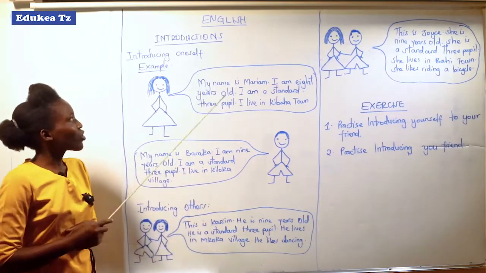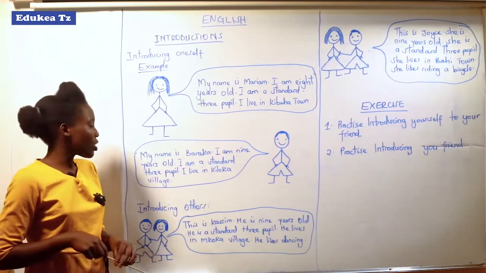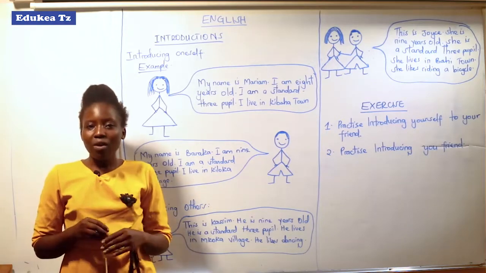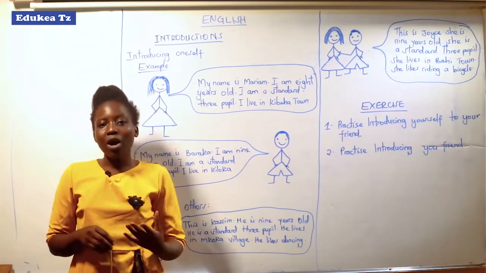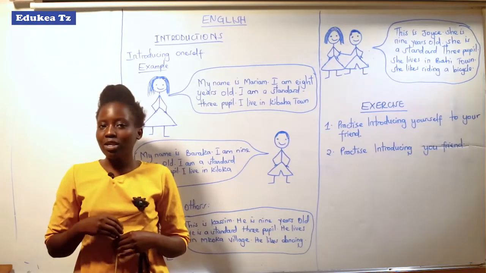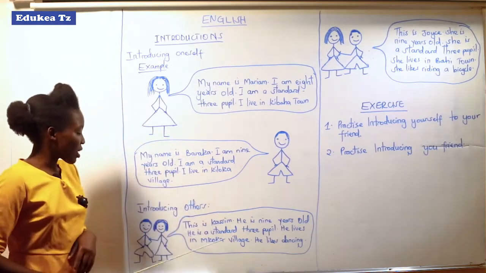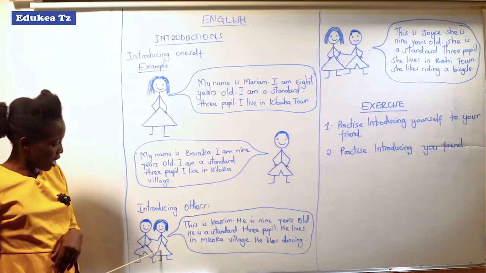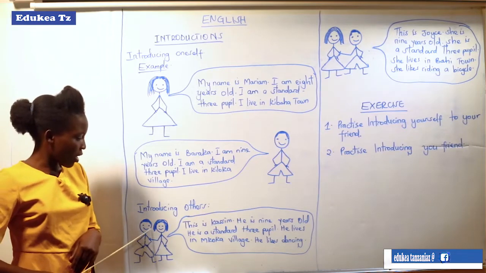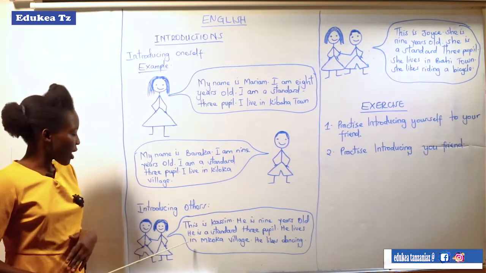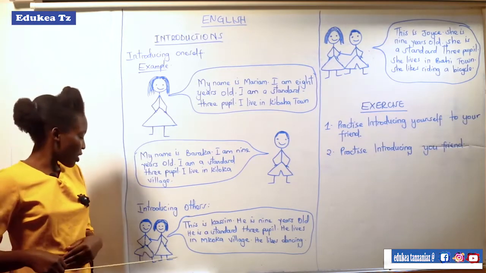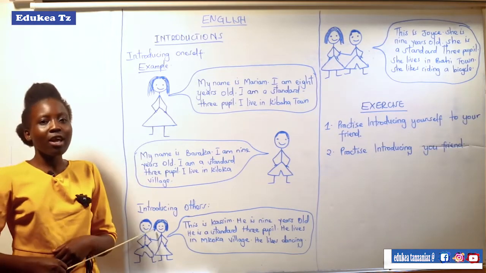After seeing how to introduce oneself to your friends, the second thing is introducing others. How will you introduce other people, or how will you introduce your friends to other people who don't know him or don't know her? By starting with the first example, we can see here this is a girl and this is a boy. This boy, we have given him the name of Kasim. So we see how Joyce will introduce Kasim. So this girl will start introducing the boy.